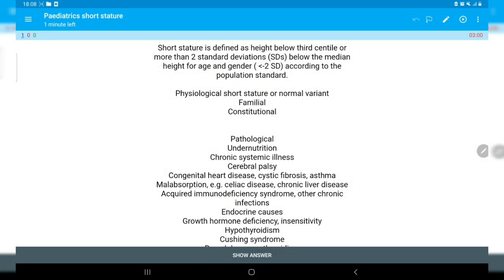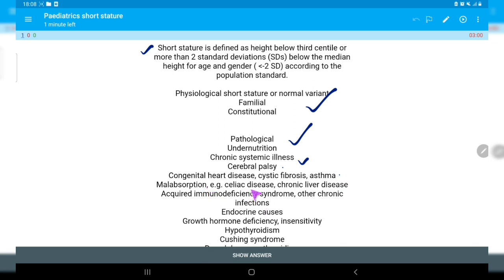Now let us see the same things in our notes. This is short stature. Short stature is defined as height below the third centile, or more than 2 standard deviations below the median height for age and gender, according to the population standard. We have physiological and pathological causes. In physiological we have familial and constitutional. In pathological we have undernutrition, chronic systemic illness, cerebral palsy, congenital heart disease, cystic fibrosis, asthma,